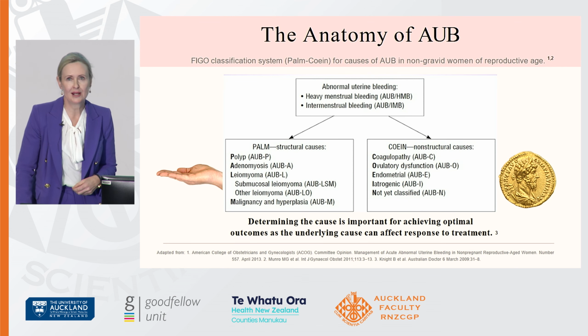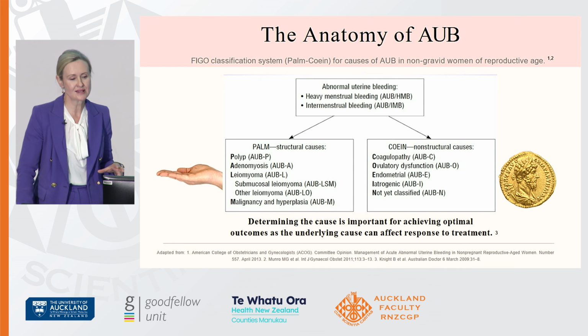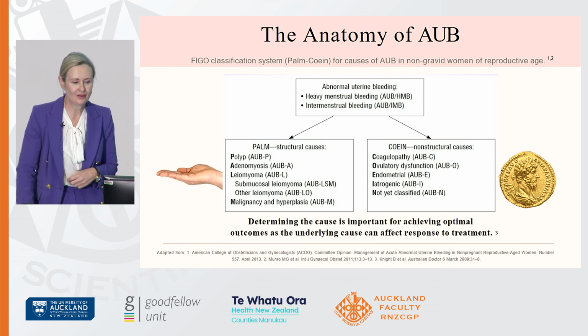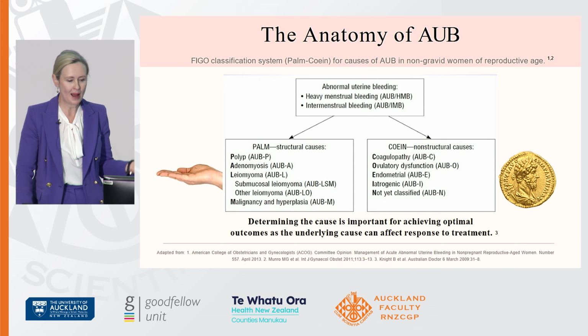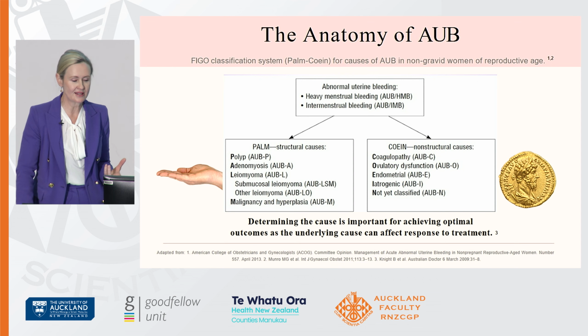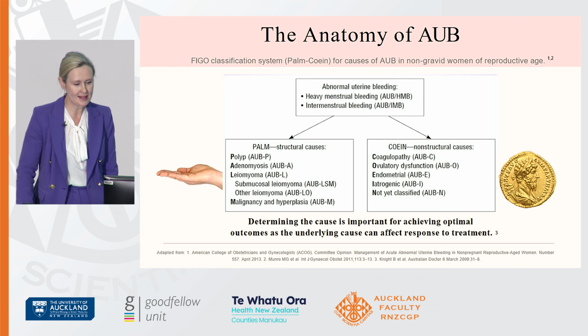So it's really important when dealing with abnormal bleeding to ascertain the cause. FIGO has come up with a relatively straightforward classification system, and this is for non-pregnant women of a reproductive age. So we have PALM and COEIN. PALM is looking at structural causes such as polyps, adenomyosis, leiomyomas or fibroids, and malignancy and hyperplasia. COEIN are the non-structural causes: coagulopathy, ovulatory dysfunction, endometrial causes, even things such as, for example, an atrophic endometrium,